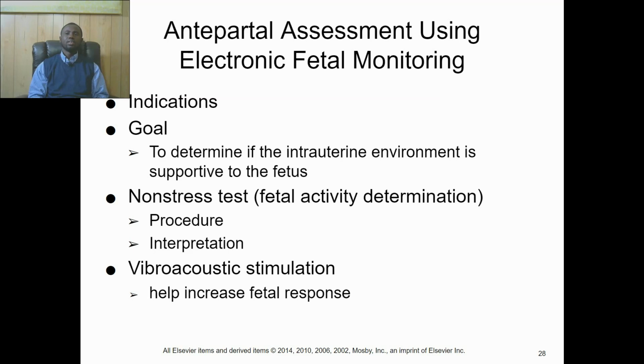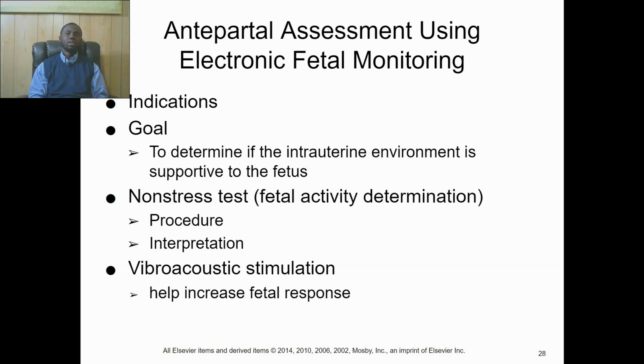non-stress test that can be performed as early as 27 weeks. And when you are performing the non-stress test, you can provide a snack during the procedure because fetal activity increases after ingestion of food due to increased glucose availability. The pregnant client should eat about 2 hours before the procedure, and if the fetus is in the sleep cycle